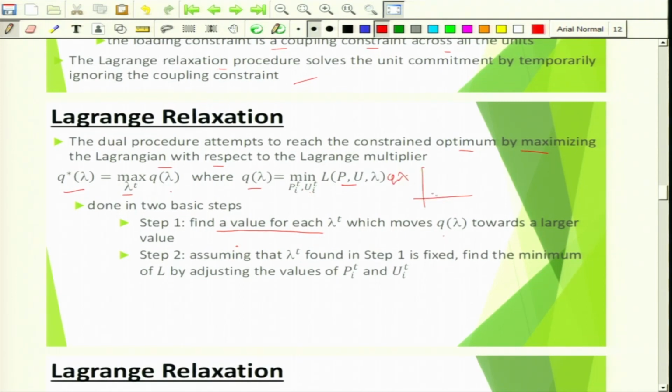Plot Q of lambda against lambda, and obtain the lambda which gives the maximum value. Now, assuming that the lambda found in step 1 is fixed, find the minimum of L by adjusting the values of P and U, right? Because if you see in the original Lagrangian function,